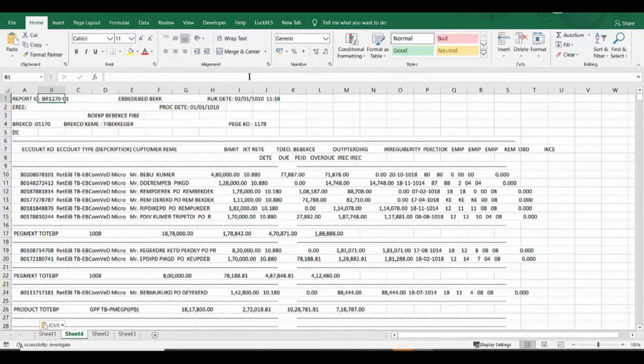You can see that all the data is pasted in only one column, that is column A. You can see in the formula bar that there is no data in other columns.